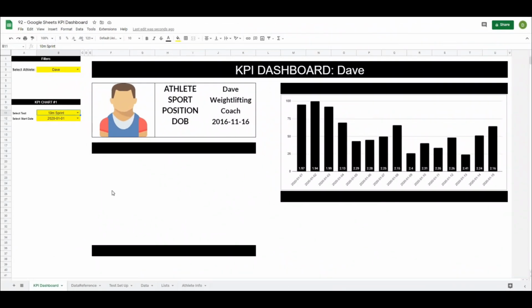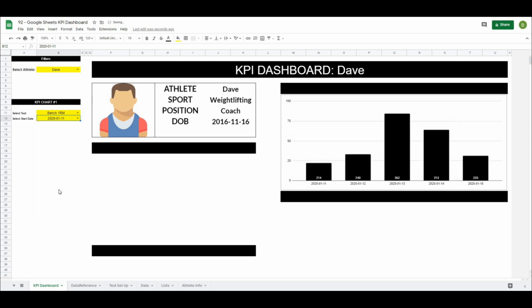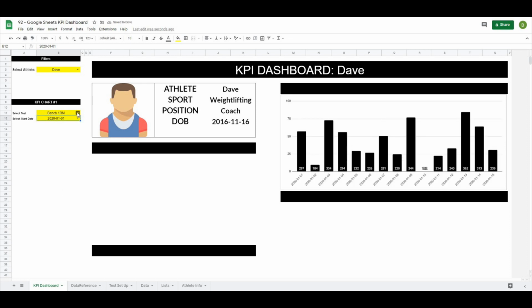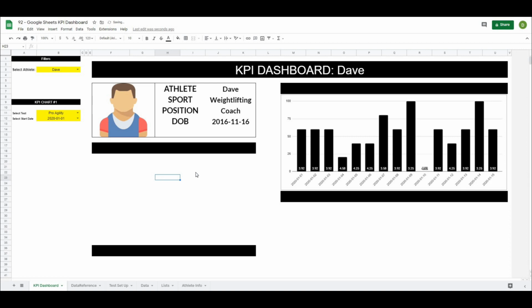Okay, so we're back and we are picking up where we left off in the last video, and as a quick reminder of how far we got, we created all of our outlines for our headers as well as our first KPI chart, and we are able to select the different metrics and then select the start date and be able to look at our graphs of any metric that we want. And we scaled every metric on a scale of 100 so that no matter which metric we select, they all look good. So moving on now, the first thing that we're going to do is just create the titles for